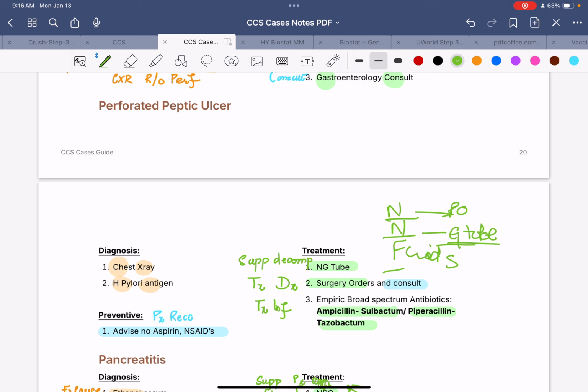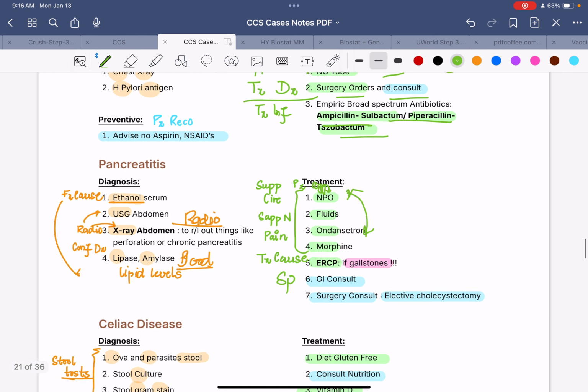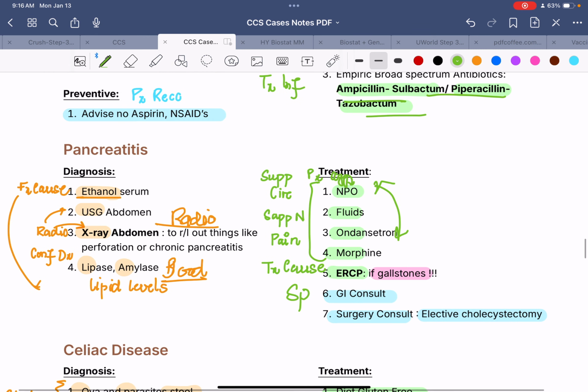And then of course we are going to do some surgical management, that would be surgery orders and consult, and then the pre-surgical orders along with empirical antibiotics such as ampicillin-sulbactam or piperacillin-tazobactam, just like we gave for acute cholecystitis. And of course it's possible that the peptic ulcer happened because of NSAID or aspirin use, so we are going to counsel the patient to avoid aspirin and NSAIDs in the